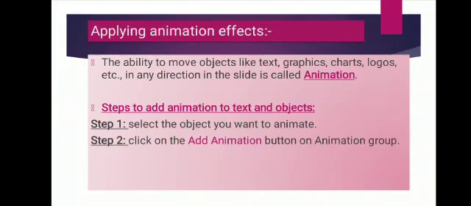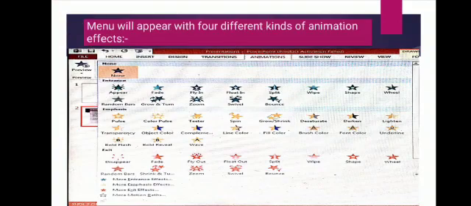Now select the Animation tab and click on the Animation Pane button in the Advanced Animation group. Okay. Now you have to click on the Add Animation button present in the Advanced Animation group. After this, click on the more drop-down arrow button. When you click on this drop-down menu, one dialog box will appear that will show you the 4 different kinds of animation effects. Let me show you this. When you click on the animation option, these effects will show as options that you have to select or want to add to your text or object.